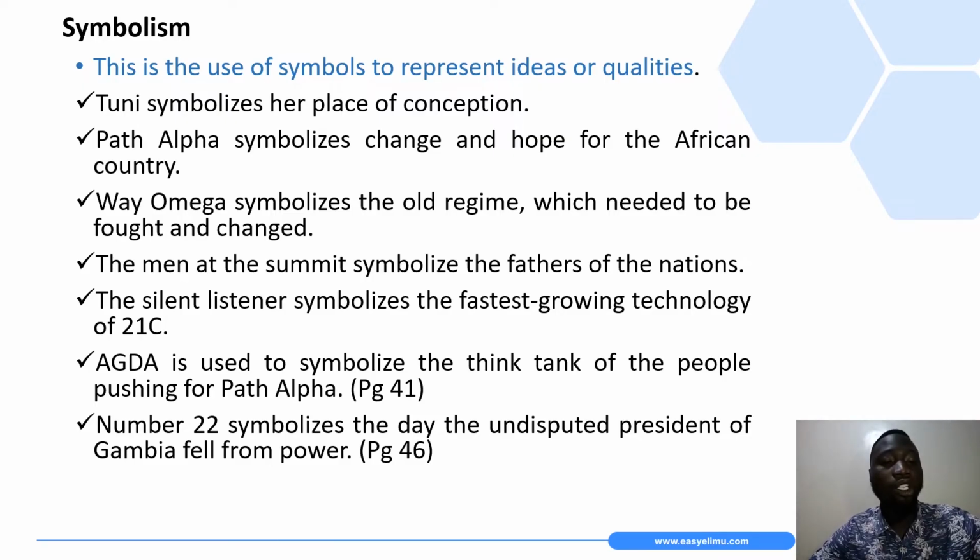as compared to the Way Omega strategy. So again, Act 22, that is number 22 in that name, symbolizes the day the undisputed president of Gambia fell from power, and that is well illustrated on page 46. On to the next